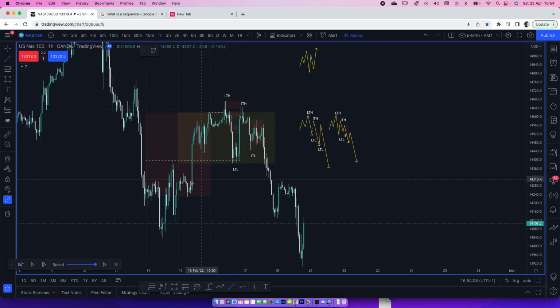Oh, so we had a minor ICT thing here. In reality, if the market was to come back down here, this would have been the point of retest to go to the upside. But because we never tested this, and on the way down the market failed again to test this, this became the most probable first point of retest, and this became the second point of retest.